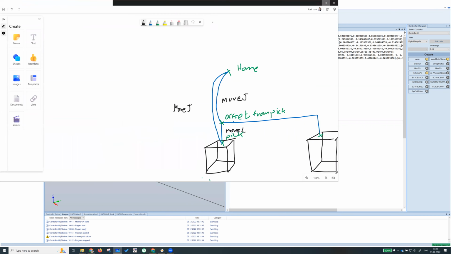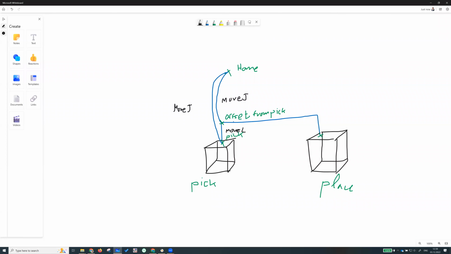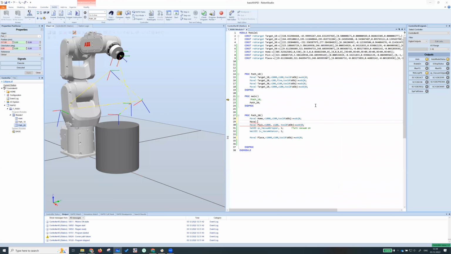We only have pick position. What we can do is use offset. This is the offset from target position. Okay. What we can do is we put the target